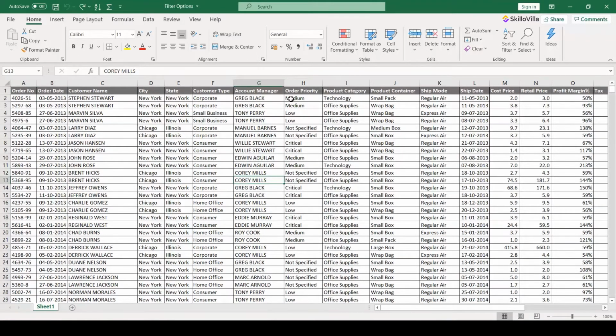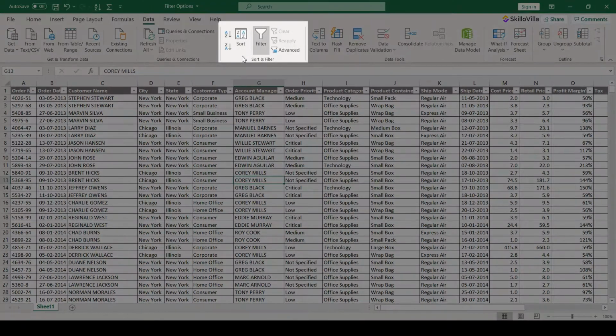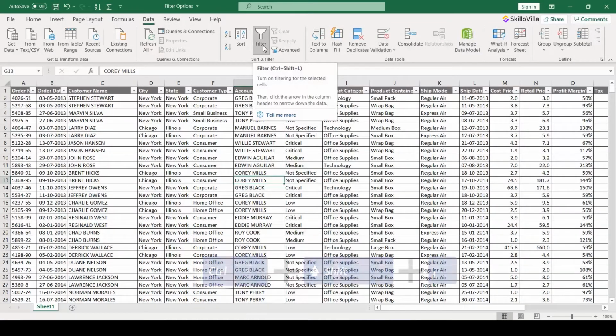Now let's say you are asked to get orders which are placed in New York during the last quarter of the year 2015 and are over $5,000. How will you get this? Don't worry, it is not that complicated as it sounds. To do so, we will go to the Data tab and click on Filter. As suggested by Excel, we can also use Ctrl+Shift+L as a shortcut to apply the filters.